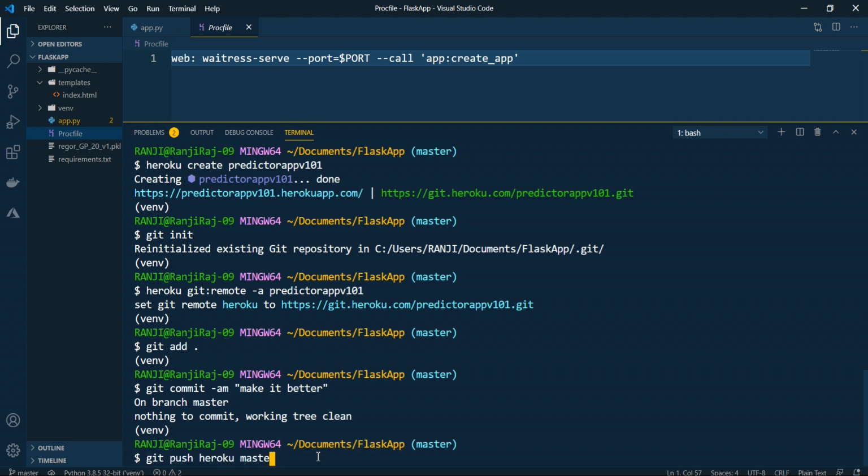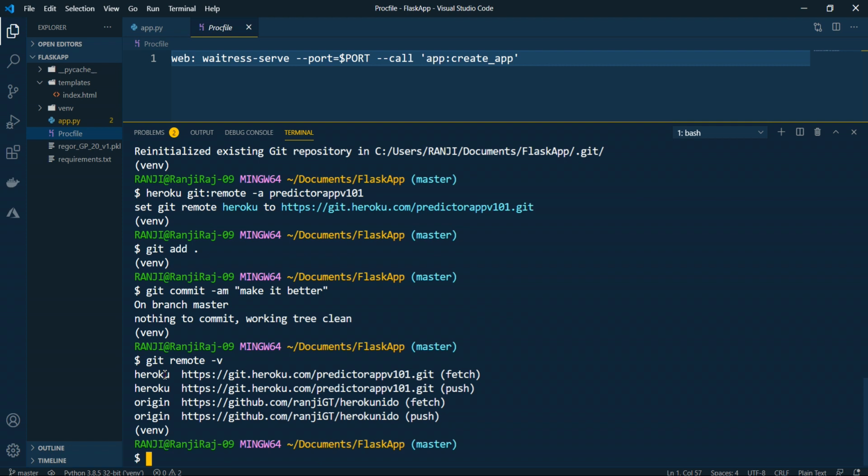So now once you have done this, you have to push your application to Heroku master, and before that, to which Heroku are you pushing, how do you understand that? For that, you can write git remote -v. So you can see my Heroku is there inside this. This particular Git repository I am pushing on to this, and there are some other repositories also. So if you have a conflict, just make sure where you are actually pushing. Okay. So now I will push to this particular Heroku and on the master branch.